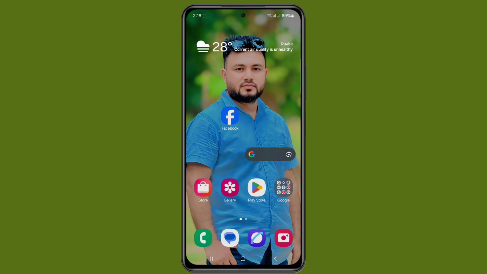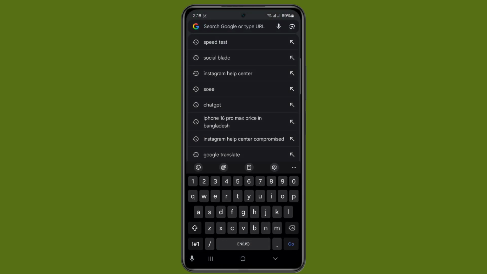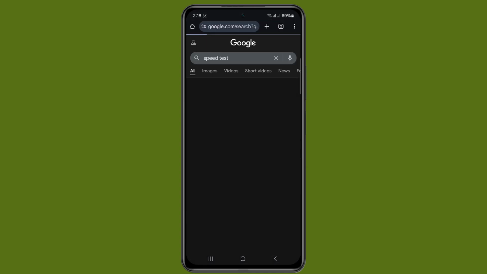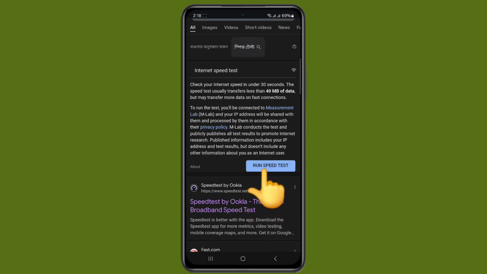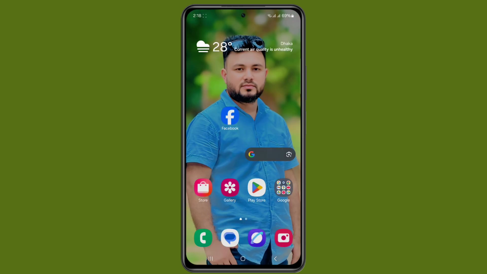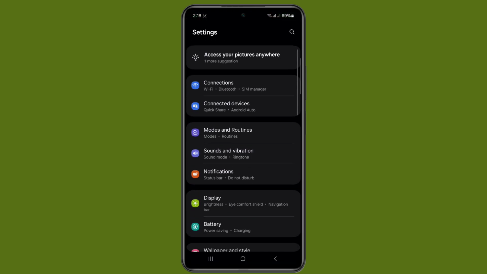and now check your internet connection. Go to any browser, type speed test, click here, click on run speed test. Now check your internet speed test here, minimum 5 megabits. Go back to the home screen and go to your phone settings, scroll down a little bit,